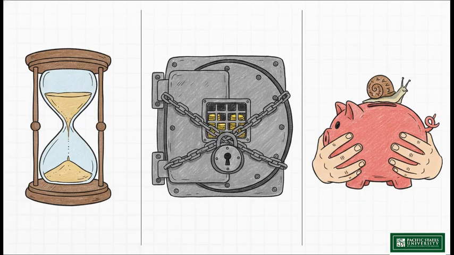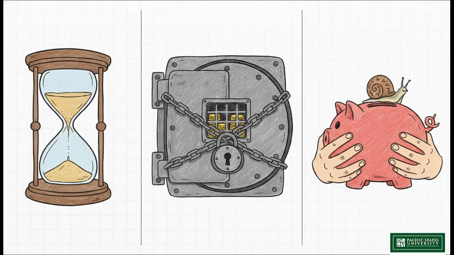Second hurdle, excess bank reserves. The Fed can magically supply endless money to the banking system, but, and this is a huge but, they literally cannot force terrified commercial banks to actually lend that money out to the public during a severe downturn. If banks are scared that borrowers will default, they'll just hoard the cash to protect their own balance sheets. If the banks don't lend, the expansionary policy stalls out completely. It's often described as pushing on a string.